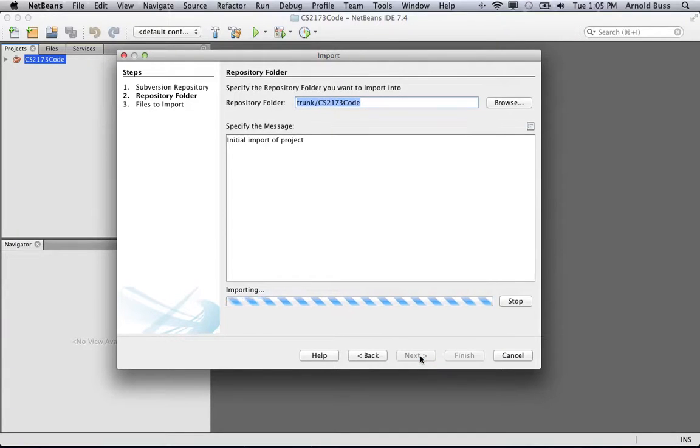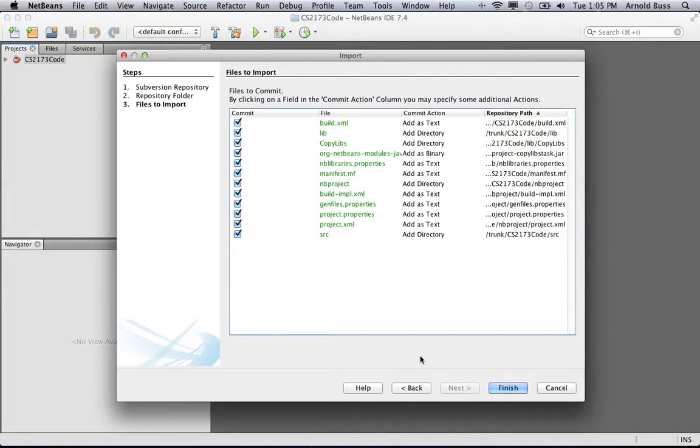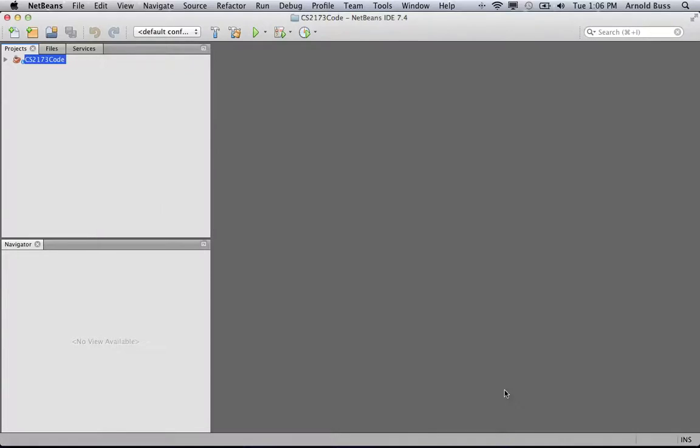And then we select next, and it grinds and whirs, and then comes up with a list of all the files that it's going to commit. Notice these are in green. When something is in green, it means that it's new. So each one of these files and directories is part of what the NetBeans project setup is. Notice that over here we can actually select certain things to commit or not commit when we have this dialog open. In this case, we want to commit everything, and so we select finish, and it grinds and it whirs